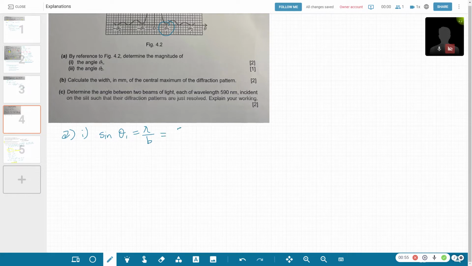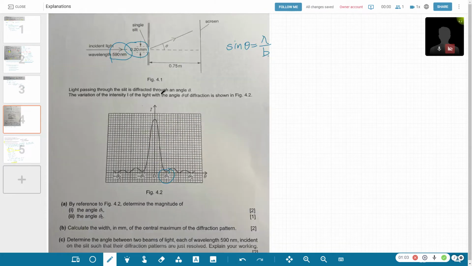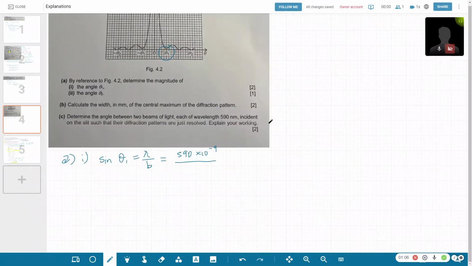Lambda is given to you as 590 nm, and b is given to you here, 0.2 mm, so it will be 0.20 times 10 to the power of minus 3. Then after that, just use your calculator. Let me type in the calculator: 590 times 10 to the power minus 9, divided by 0.2 times 10 to the power minus 3. Then you'll get around